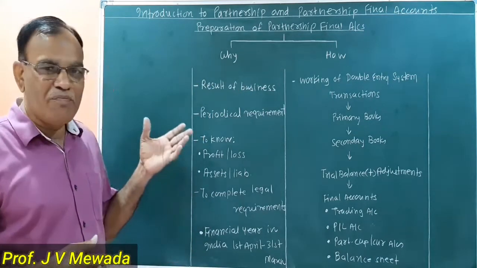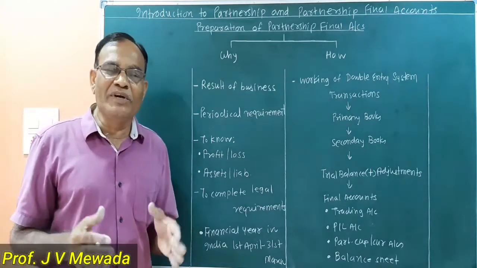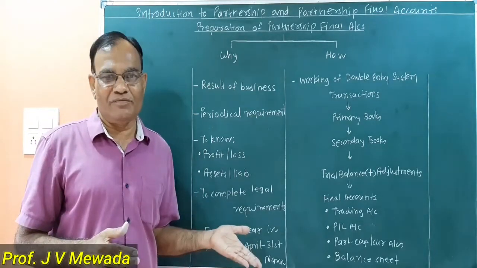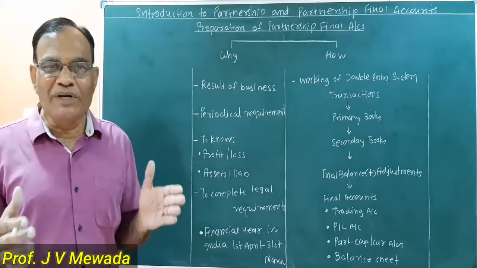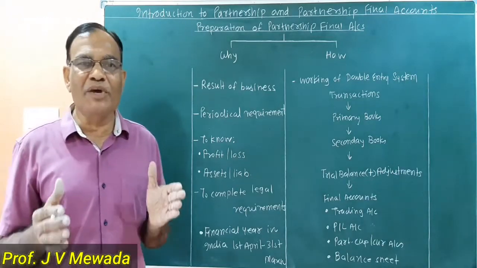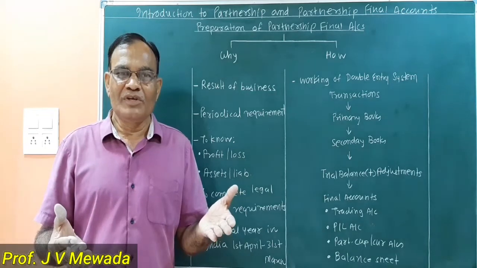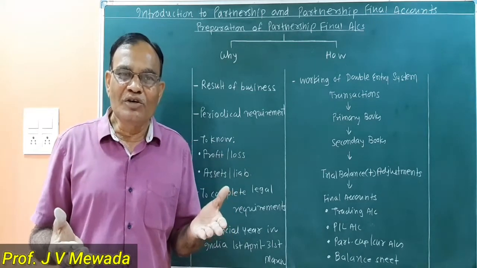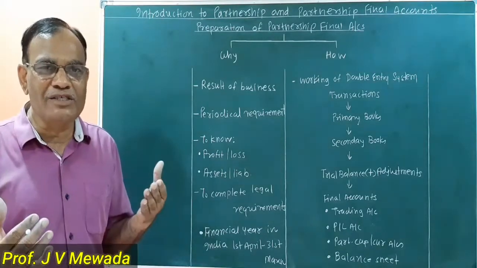Now, whenever we are preparing the final account, we have to also complete the legal requirements. What are the legal requirements? The income tax that we are paying to the government is always based on the profit and loss prepared by the firm. So there is a necessity to prepare the final account because we want to pay tax to the government,